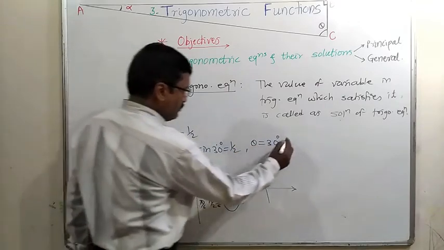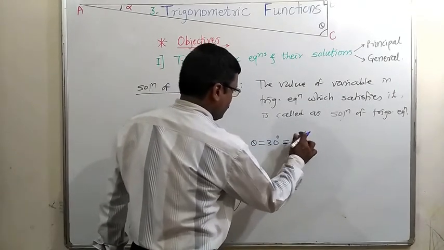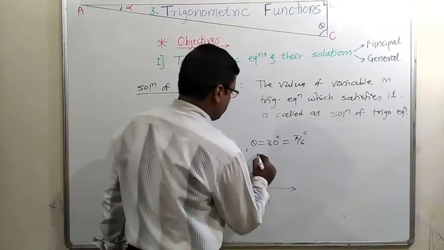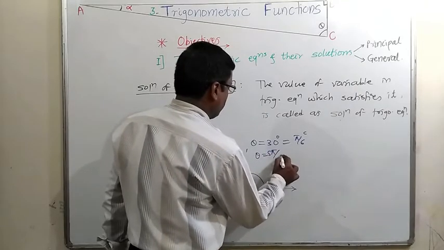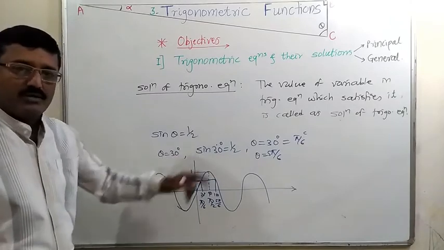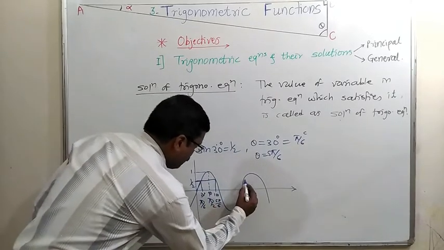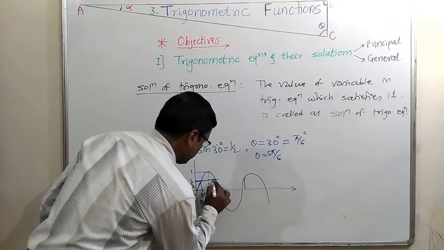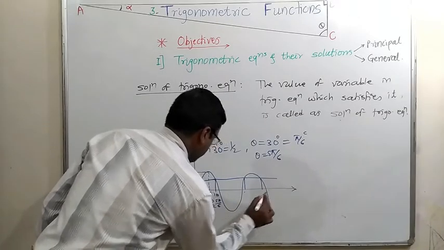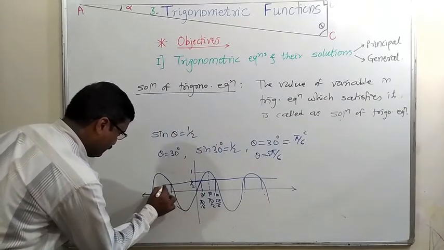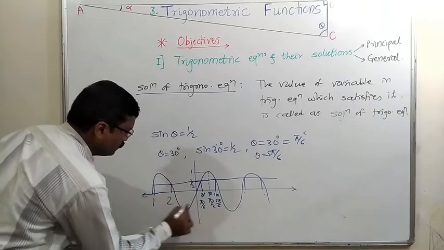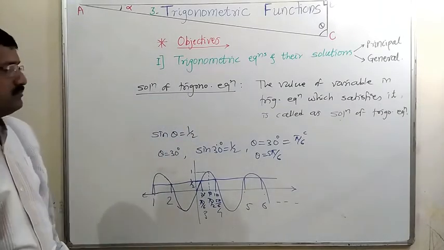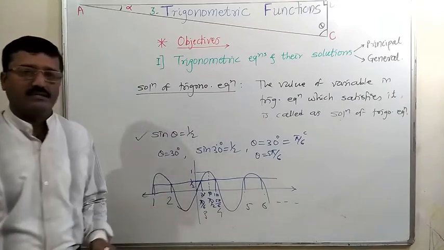So when theta is equal to 30 degrees or pi by 6 radian, sin 30 equals half. Also, if theta is equal to 5 pi by 6, then sin theta is also equal to half. So there are a number of angles having the same value half. At these angles, here also this angle, this angle. So this 1, 2, 3, 4, 5, 6, in this way we can find the number of solutions for this single trigonometric equation sin theta equal to half.